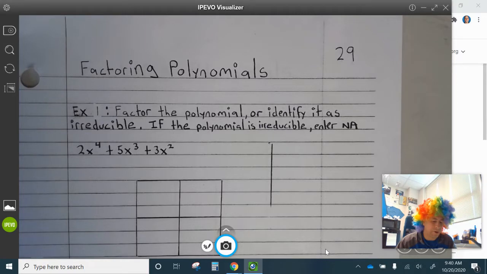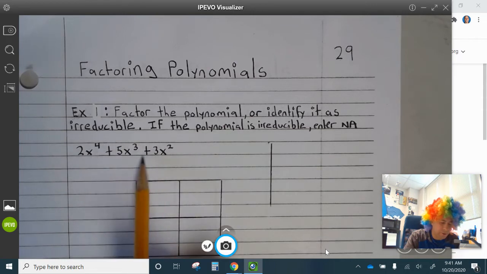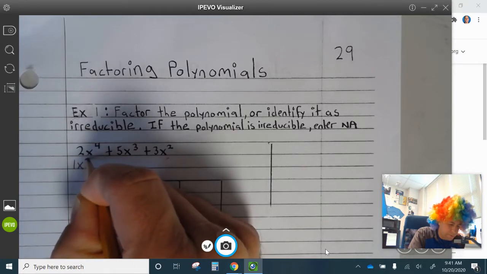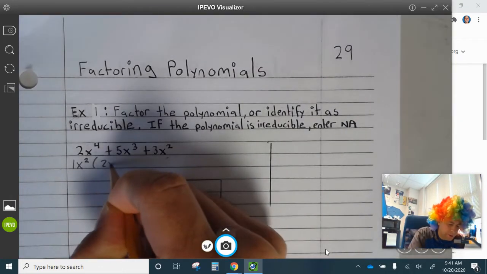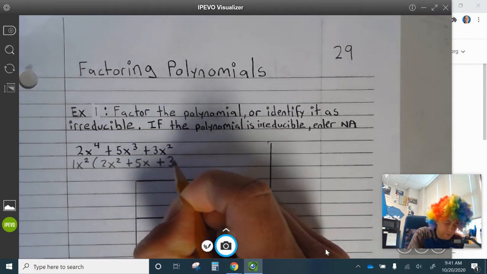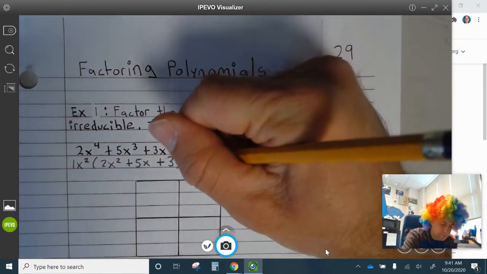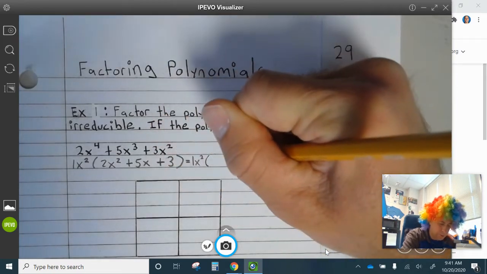Example 1, factor the polynomials or identify them as irreducible. If the polynomial is irreducible, enter NA. So the first thing we do is factor out the greatest common factor. In this case, we're going to factor out the x squared from each, okay? So that leaves 1x squared, and that leaves 2x squared plus 5x plus 3, okay? So our final answer is going to be 1x squared and then 2 parentheses,